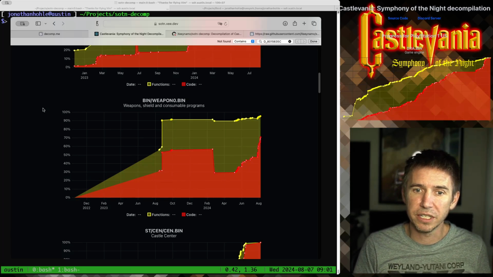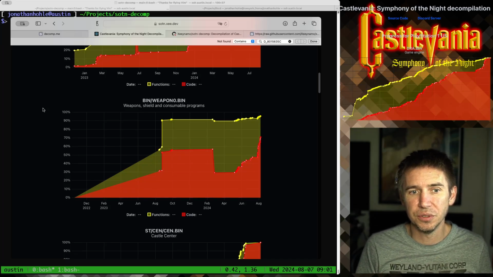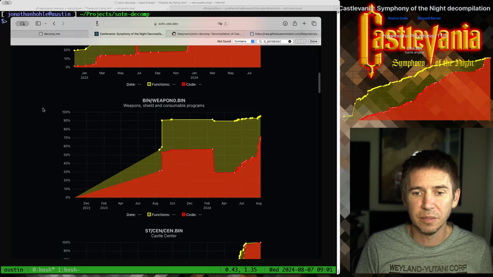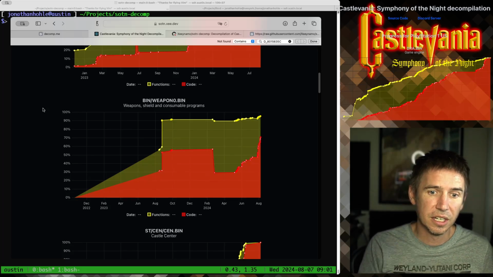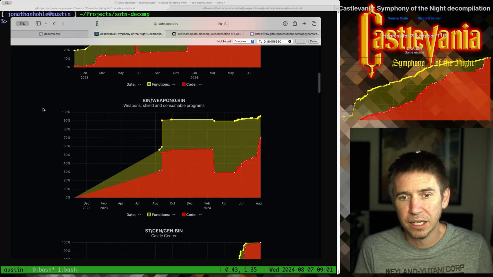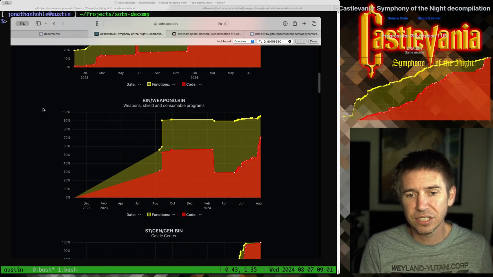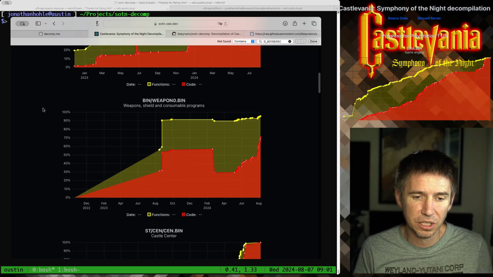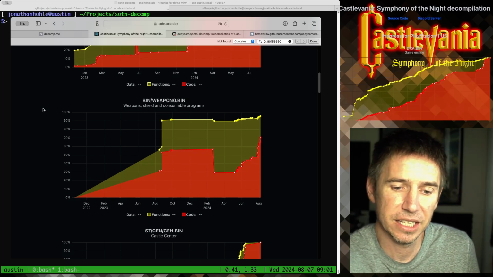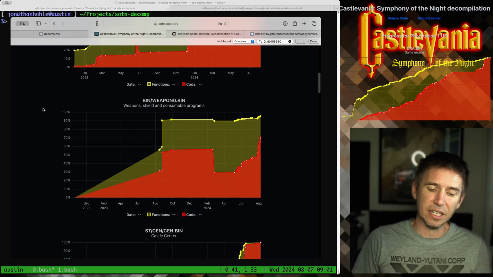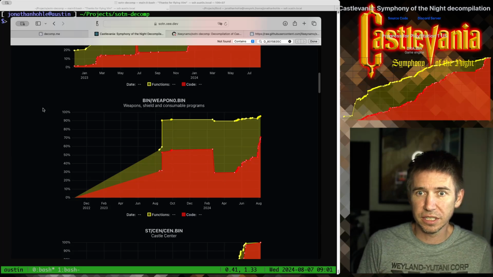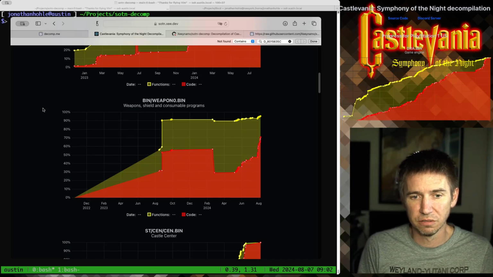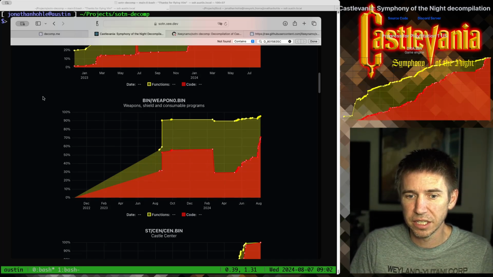Use some tools like Splat64, which is used to split up those objects into various segments containing image data, sound data, code, data supporting that code, and then taking data that is code and converting that into assembly language. Once the code is in assembly language, we have an opportunity to take that and, using tools like decomp.me and some other decompiling tools, convert that back into C, which is the original language that Symphony of the Night and most PlayStation games were written